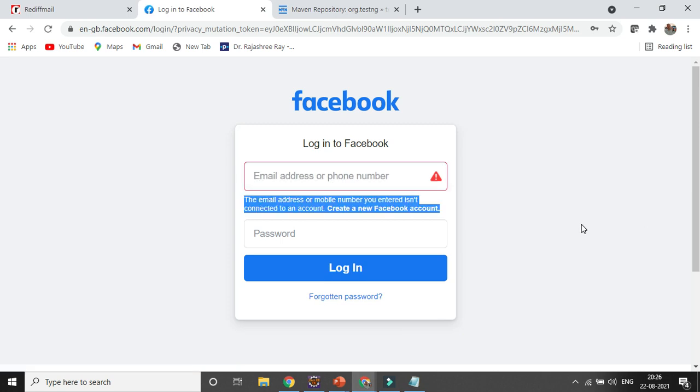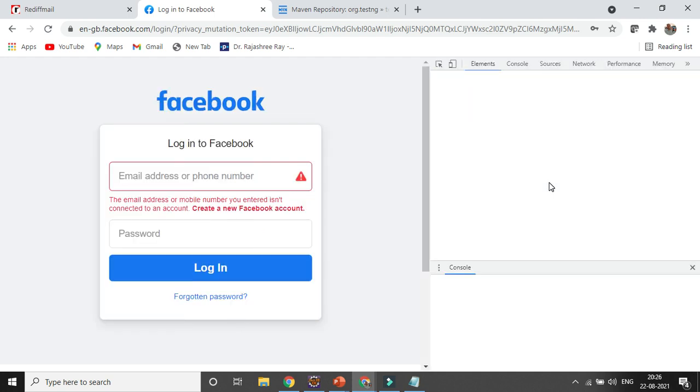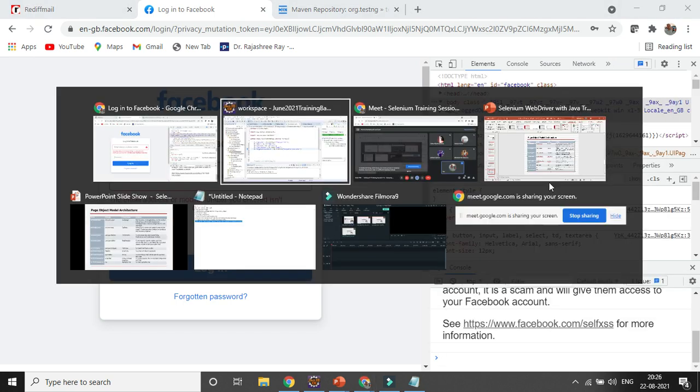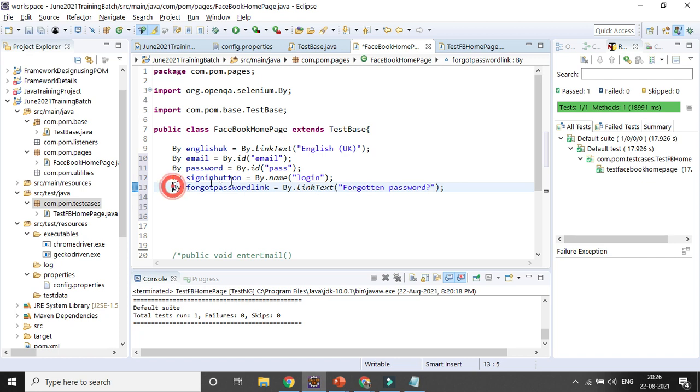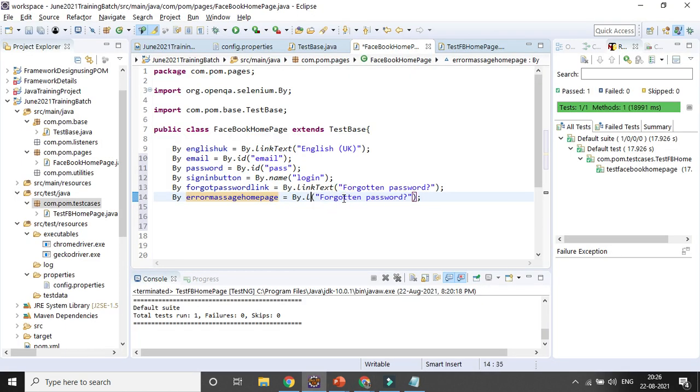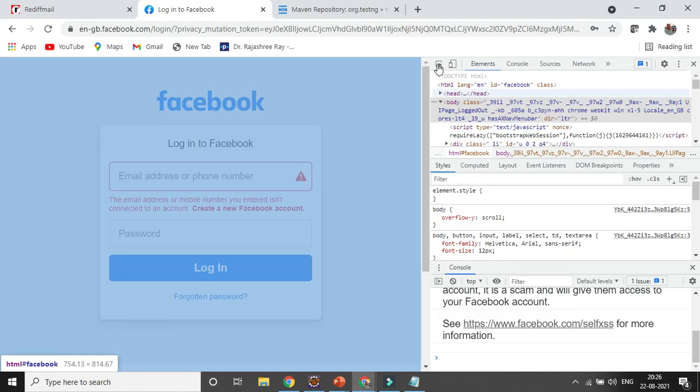So I need to inspect the error message. Press the F12 button again. I need to create some field for error message, right? So let's create a field for the error message in the home page. Here I can go for XPath. I need to create an XPath, so let's inspect it.